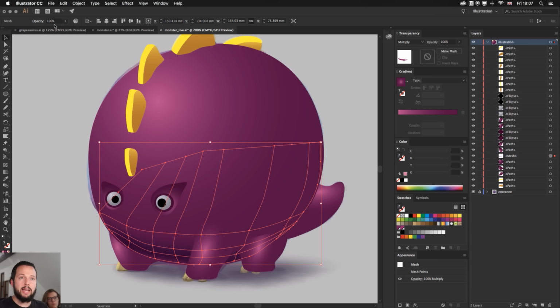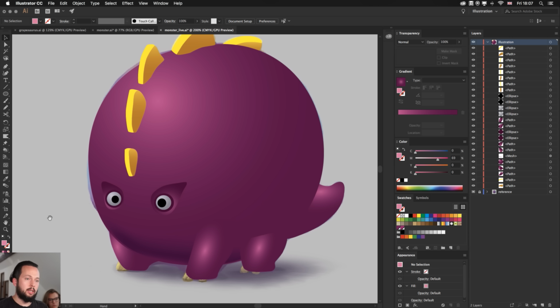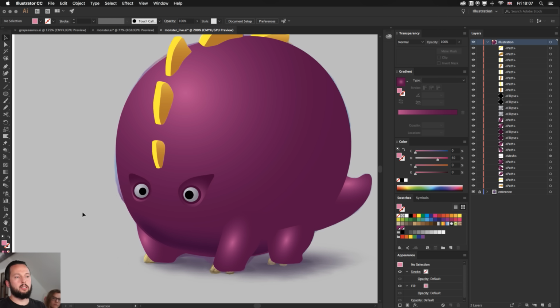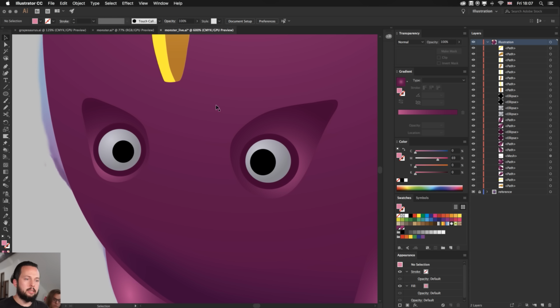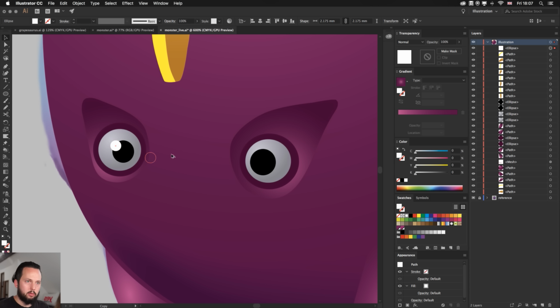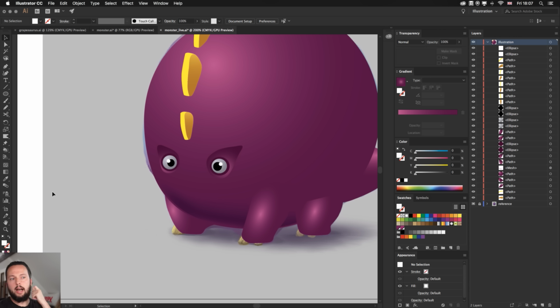And by the way, the whole mesh's opacity can be reduced. If you feel like you overdid it, overcooked it, just reduce the opacity and it gets much more subtle straight away. All right, so getting there. Apart from having the shadows, you always have to think of your highlights as well. So I'm just going to do a very quick highlight here. Just by using the ellipse tool, I can do a bit of reflection in the eye, and just simply copy that on the other side as well. See, immediately feels glossy, like the eyes should be.